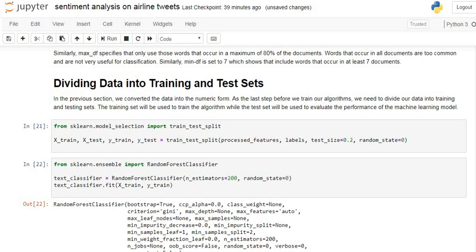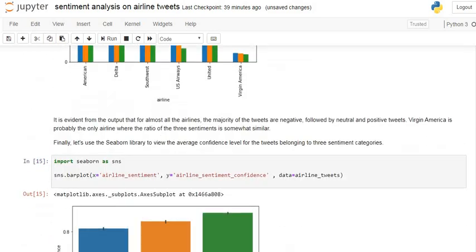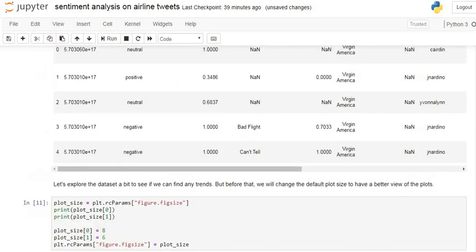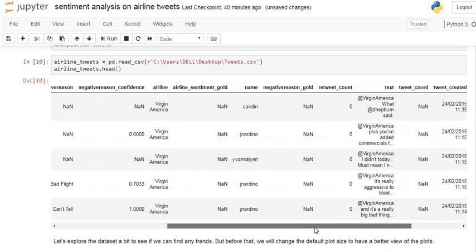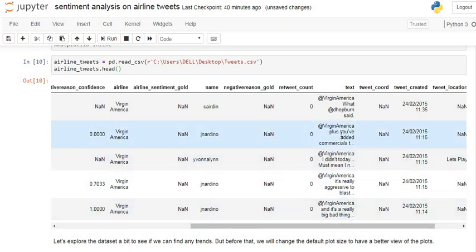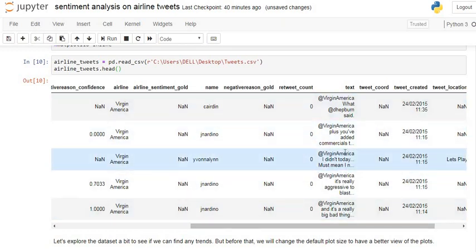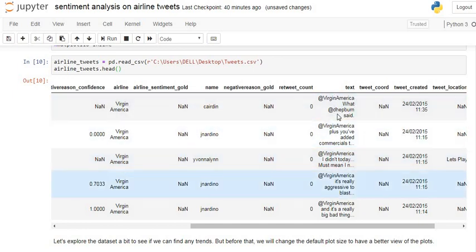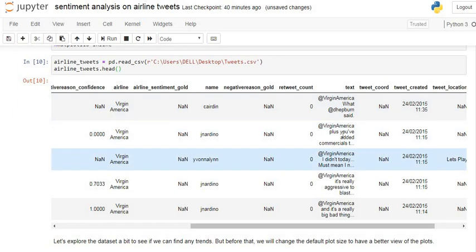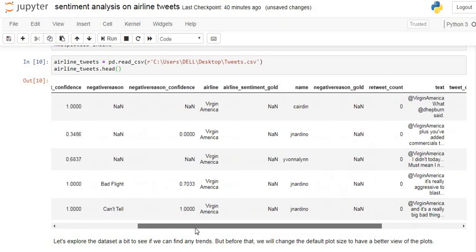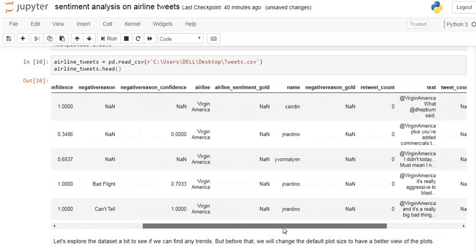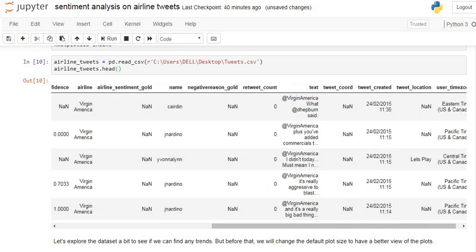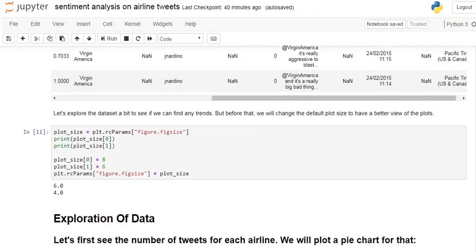So actually what is happening is, after running this model we can pre-process all the tweets and just input these tweets, this textual data, into our model and see the sentiments, that is negative, positive or neutral. This is actually what our model does. So this is the required process for sentiment analysis on this airline dataset.